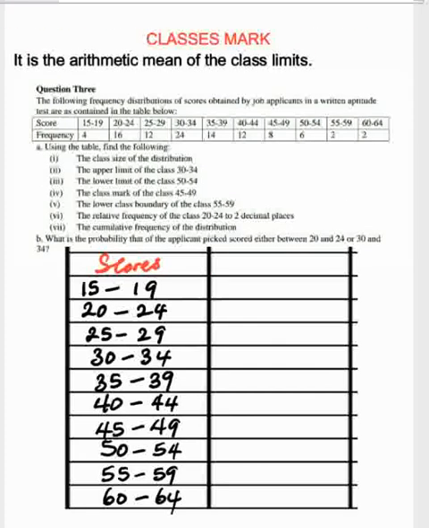All right, the class mark. It is the arithmetic mean of the class limits. We discussed arithmetic mean in our previous class. So if we are to determine the class mark of each of these classes given to us, for the first class we have